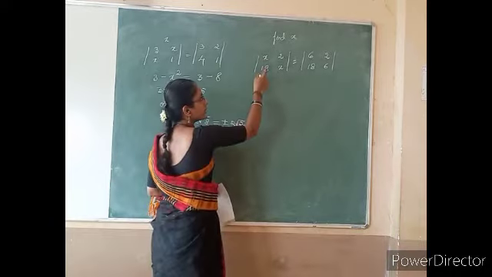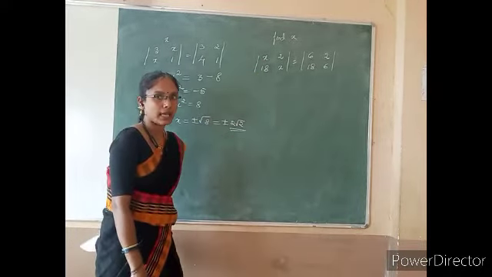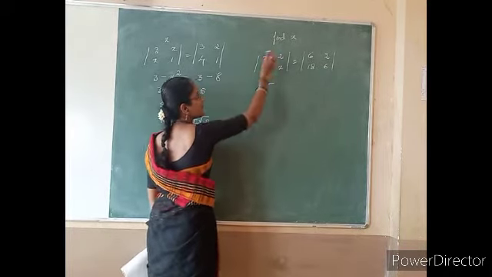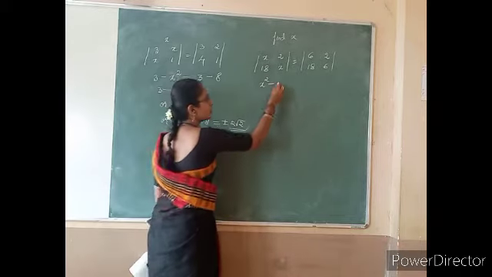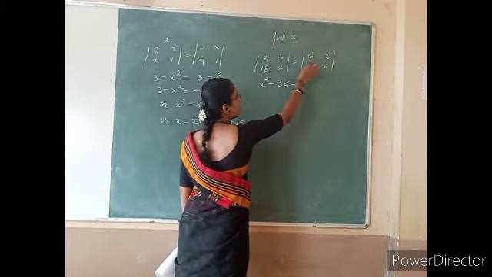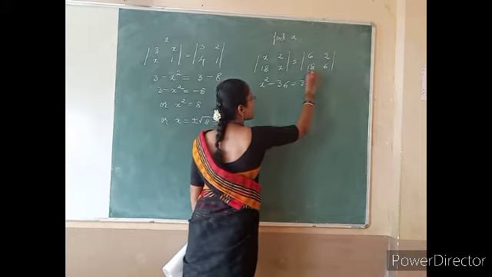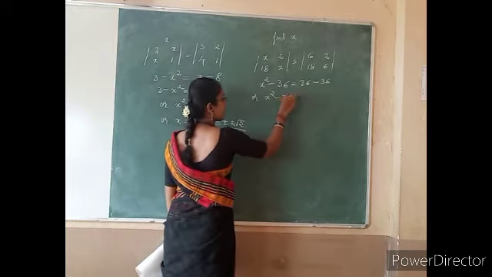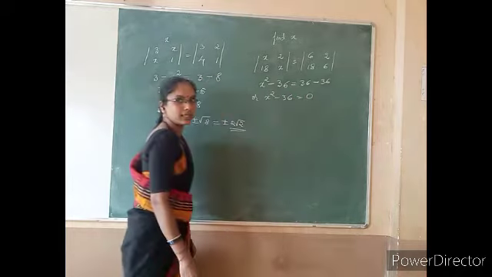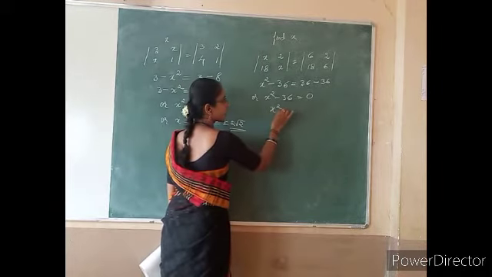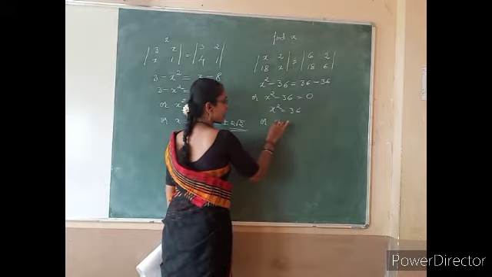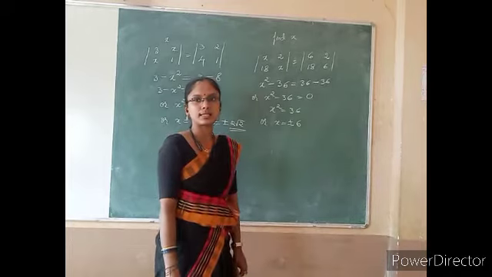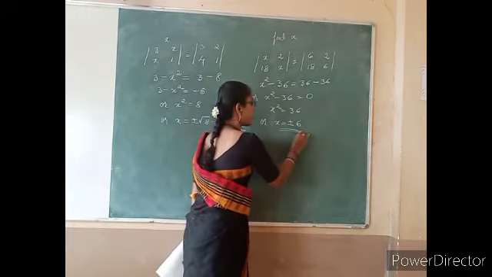Okay. So again, this is a 2 by 2 determinant. Multiply the diagonal elements: x into x, x square, minus the product of the non-diagonal elements, 18 into 2, that is 36. This is equal to 6 into 6, 36, minus 18 into 2, 36. So x square minus 36 is equal to 0, the right hand side is 0, or x square is equal to 36. What is the value of x? x is equal to plus or minus root 36. Root 36 is nothing but 6. So this is the value of x.